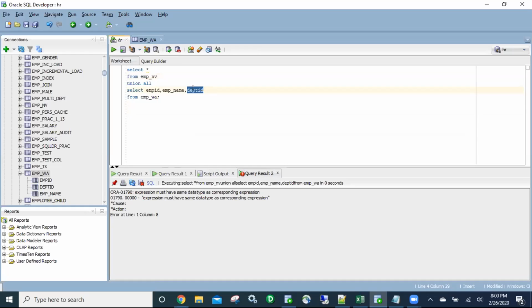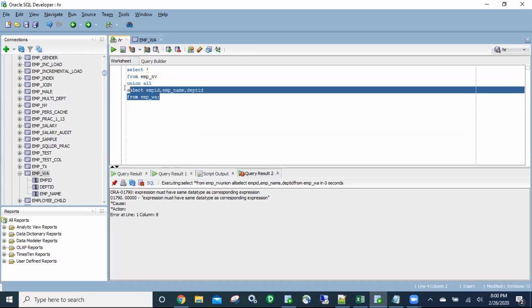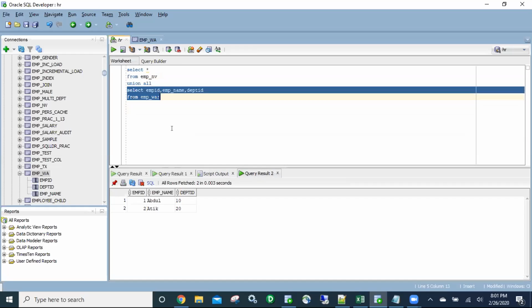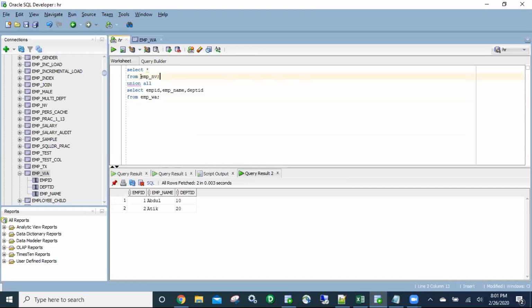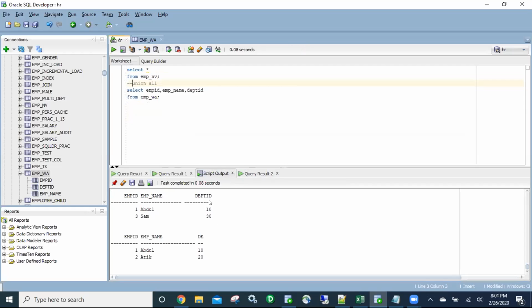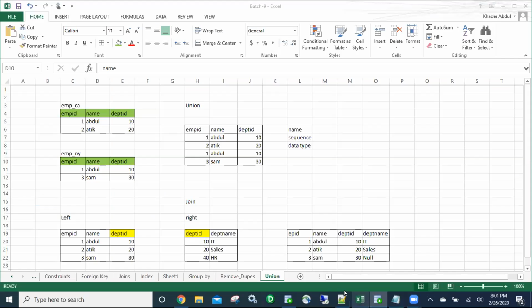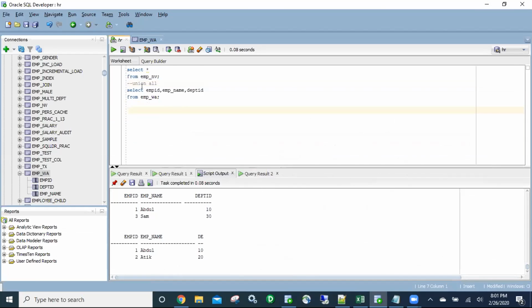Because the data type of this department ID is different than this department ID. This is a number field and this is varchar. So what did I say? Everything should be the same. Column name should be same, sequence should be same, data type should be the same, right? So how will you fix this? Will you drop the table and reinsert the data with a number field? No. Okay. So over here, you will just type in